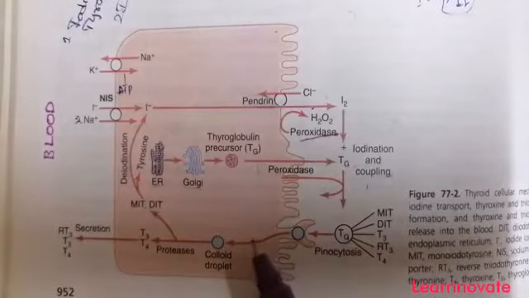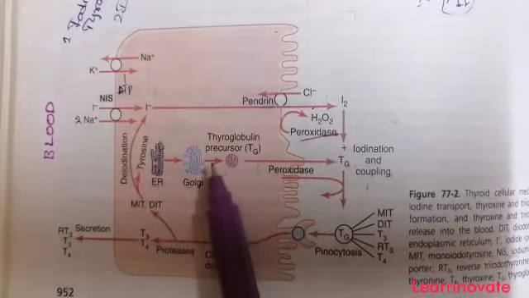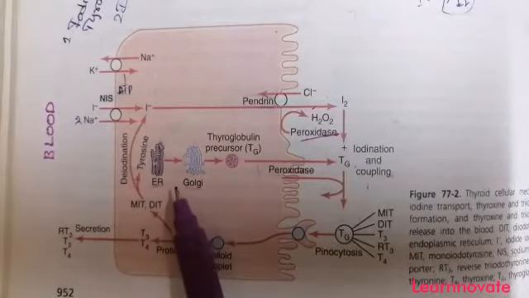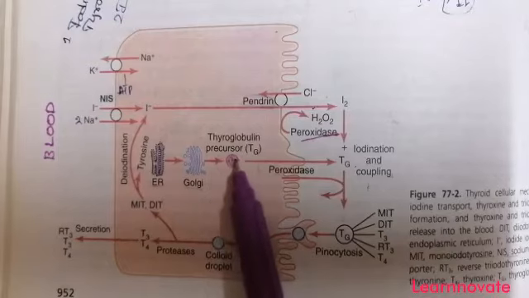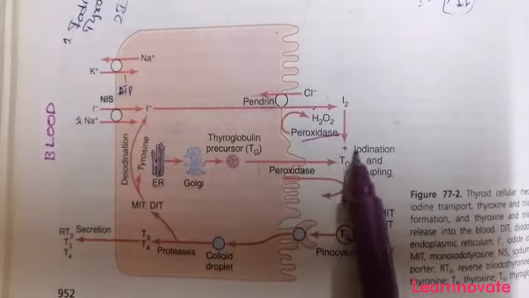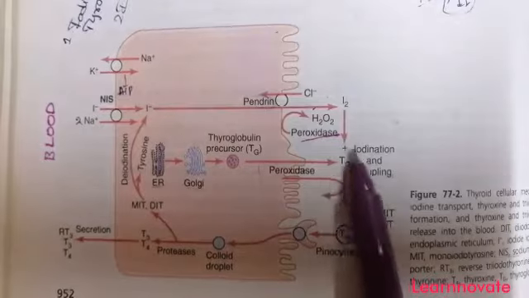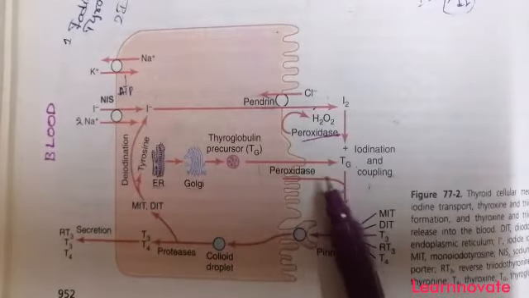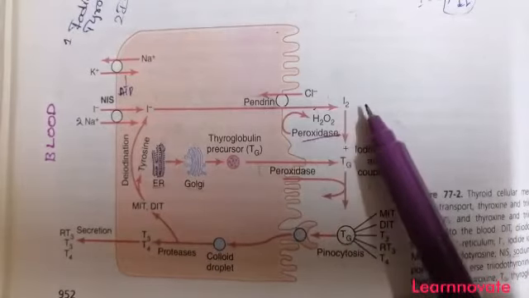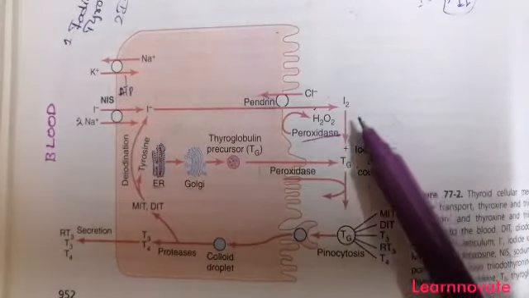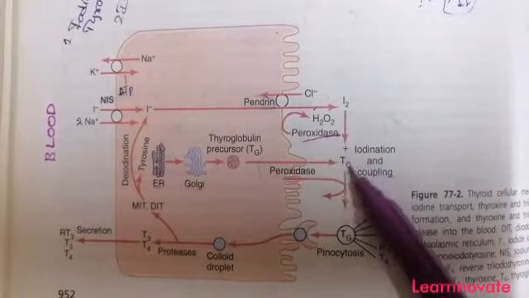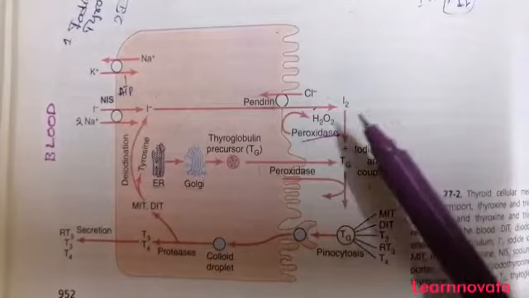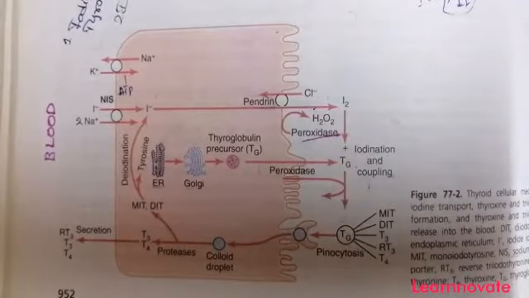Now the next step is the combination of iodine with the thyroglobulin. First we have to know where the thyroglobulin is coming from. The thyroglobulin is produced inside the thyroid cell by the endoplasmic reticulum, and the Golgi apparatus of the thyroid cell produces the thyroglobulin precursor. That precursor moves toward the apical side of the thyroid cell and releases the thyroglobulin molecule. This thyroglobulin molecule contains a chain of tyrosine amino acids. So this thyroglobulin molecule is going to combine with the oxidized iodine, and this combination, the iodination or organification of thyroglobulin, is also under the action of the peroxidase enzyme. Now what happens if the two of them combine?